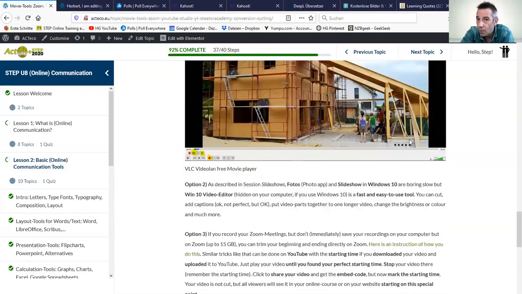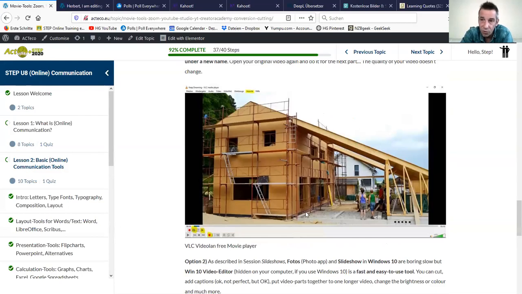And then you have a quite nice possibility. I would also recommend VLC, VideoLAN, the free movie player. Most probably you have that. You can record with it. You just adjust under View, Ansicht in German, and you can have your record button. You play your complete video or recording, and whenever you want a cut piece out of this long video, because you forgot, for example, to push the button